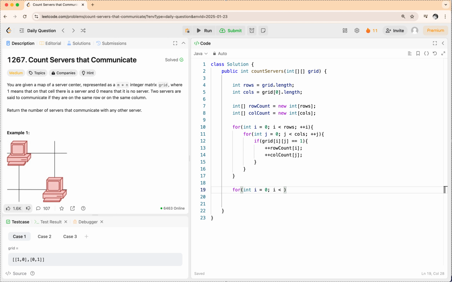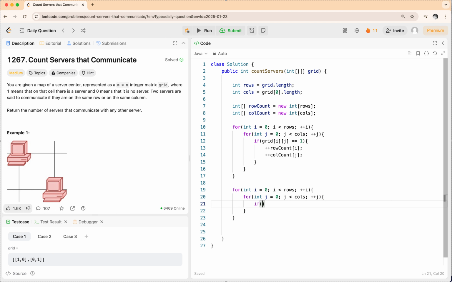again we'll go through the matrix. Okay, ij is equal to 1. And the other condition is that, since this identifies that this is a server cell, this ij cell is a server cell,